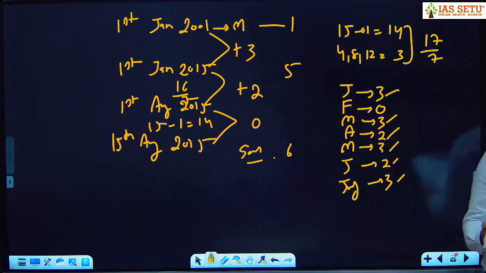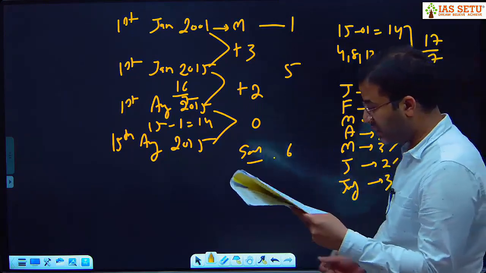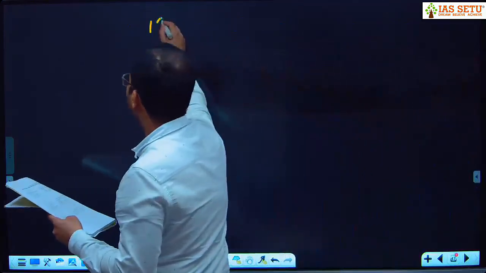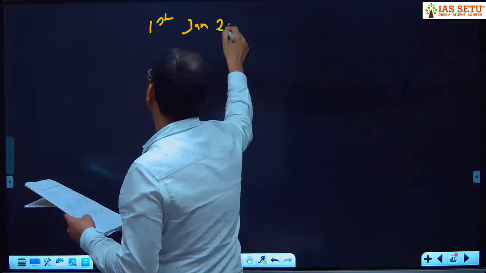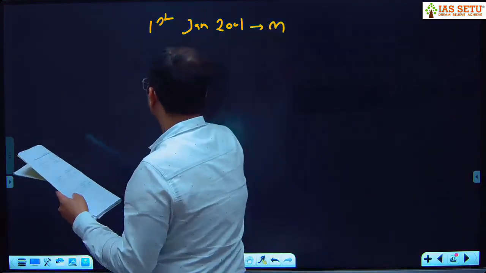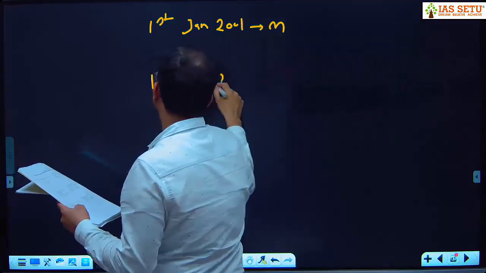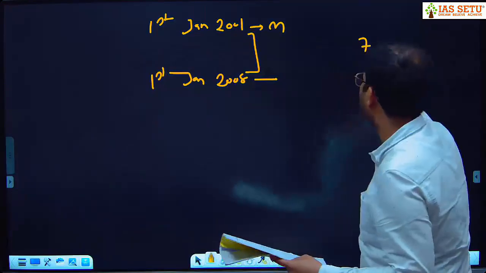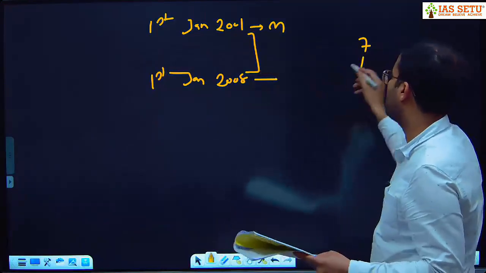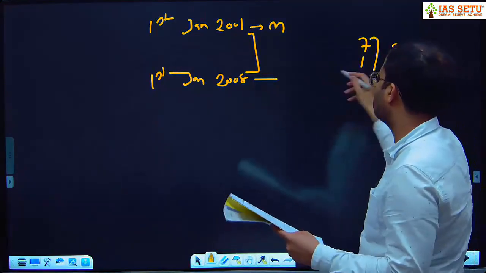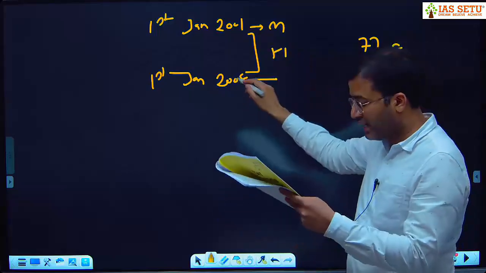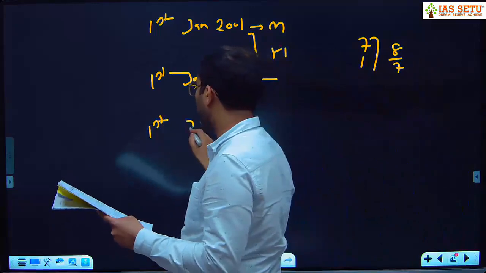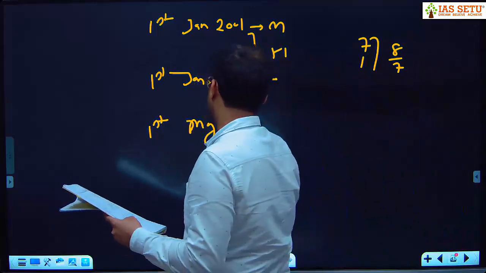क्वेश्चन नंबर 15. What was the day of the week on 28th May 2008? तो क्या दिक्कत है? Take 1 January 2001 Monday as a reference. पहले आप जाएंगे 1 जनवरी 2008 तक. हाउ मेनी टोटल ईयर 7, हाउ मेनी लीप ईयर, अभी तक सिर्फ लीप ईयर 2004 है, 8 4 days डिवाइडेड बाय 7 रिमाइंडर 1, 2008 एज ए लीप ईयर मंथली में लेना, 1 जनवरी 2008 टू 1 मई 2008,